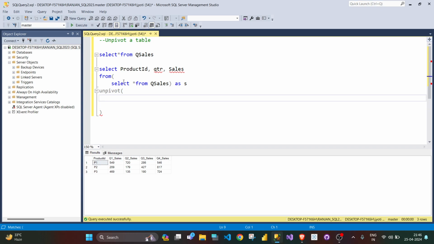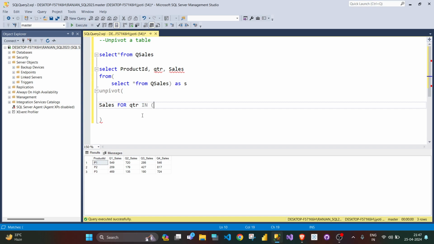and inside this we will first write the column which is not present. Which column is not present? That is the sales column. Sorry, the column which will contain all these values which are in the middle, not in the top row and first column. These values will be contained inside that column. So that column we will write sales, then we will write for, then these values currently are contained under these columns. Okay, so for that we will write QTR